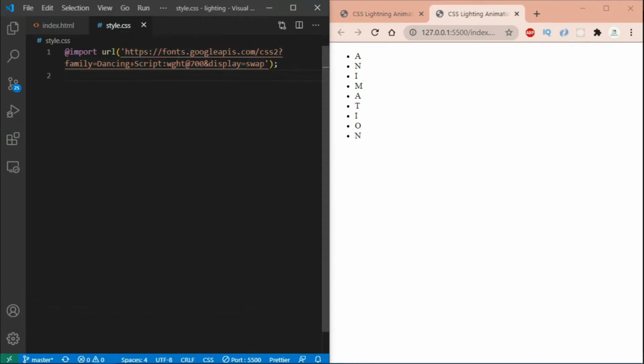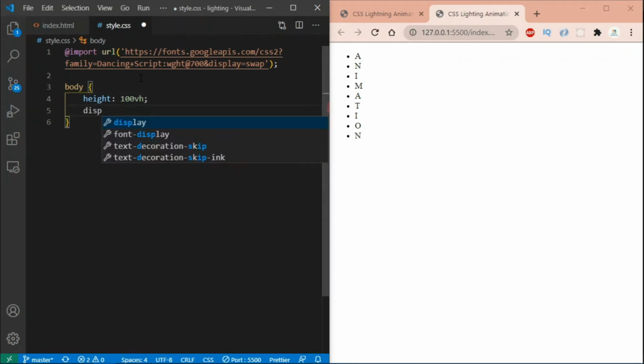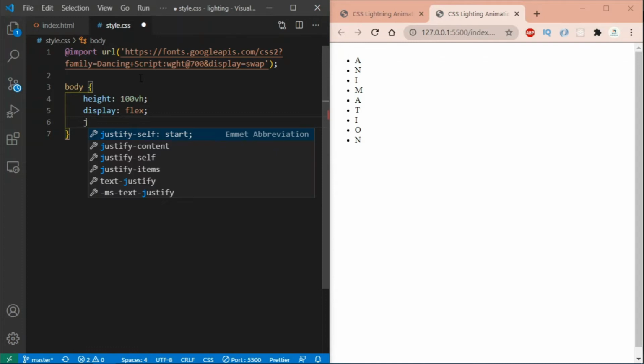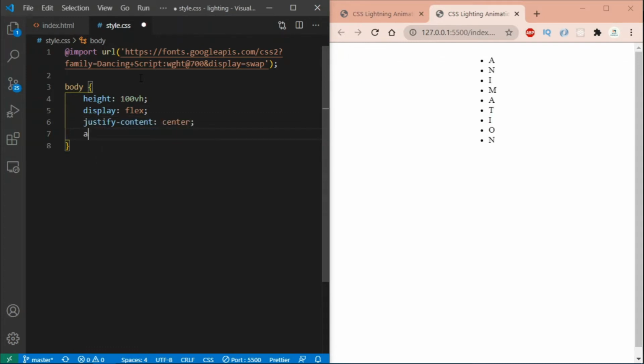I already included this Dancing Script font for the CSS animation. Now select body tag and give it a height of 100 viewport height, so it will cover the whole height of the browser, and display flex. Okay,